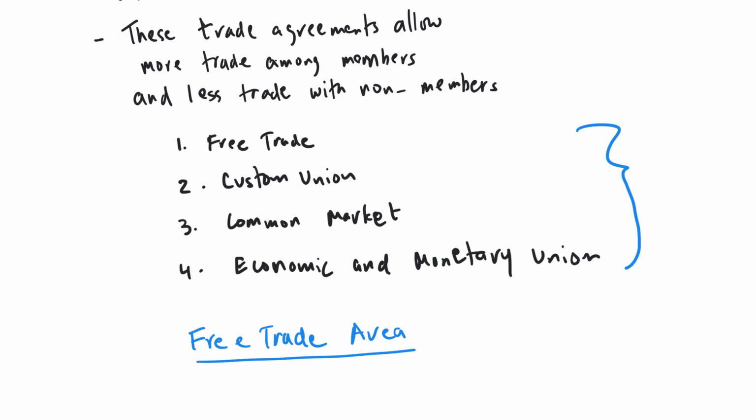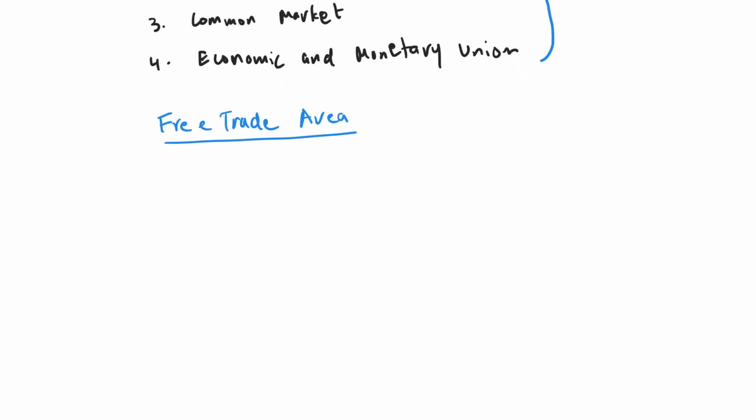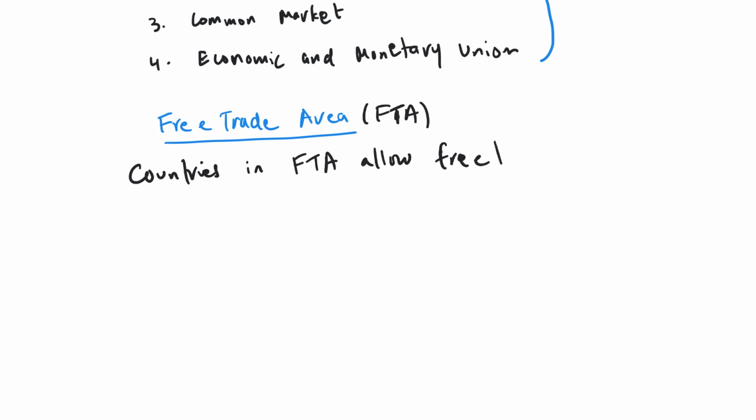In a free trade area, basically what we say is that countries in a free trade area allow free trade with each other, members of the agreement,